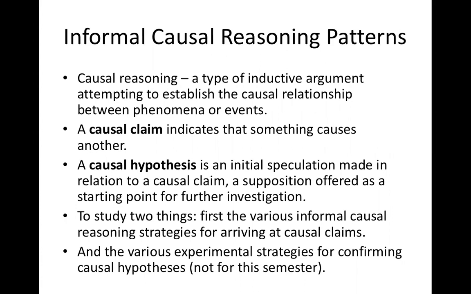Now let's look at causal reasoning. What is causal reasoning? Causal reasoning means reasoning to identify causes. Now, how do we reason to identify causes? First of all, you have the formal and informal. The informal causal reasoning patterns are the ones that every human being does. All of us as human beings have certain methods we use to identify the cause of something. Then we have the formal causal reasoning patterns. Those ones are scientific causal reasoning that was developed by scientists. That's what is used for scientific experiments.